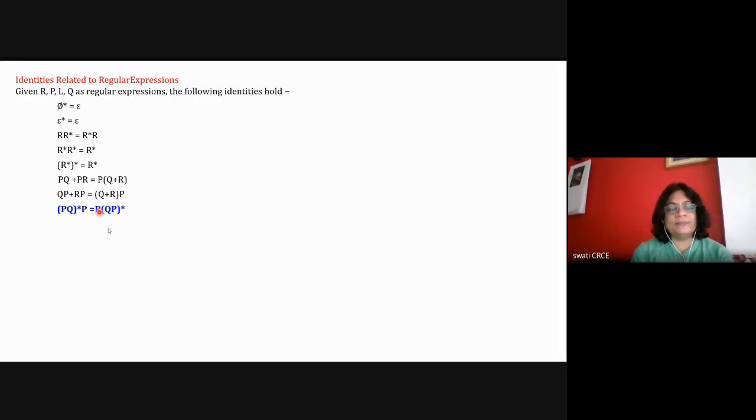So both are same. You can verify your answers by creating multiple strings. PQ star P is nothing but PQP star. So suppose I am taking a string as here PQ for 2 times and 1 P. This is compulsory. So PQ P. So can you create the same string here? PQ P. So I'll say that first P is compulsory. What I'm writing here, I can write here by pen.